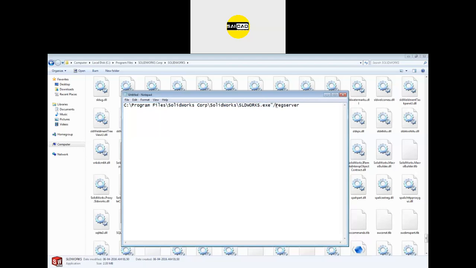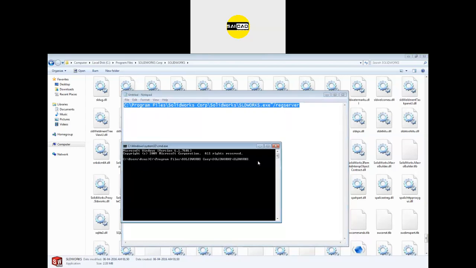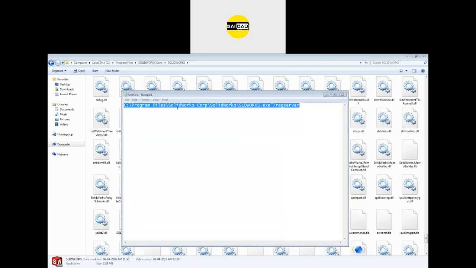Then you have to apply this one and type this regsvr32 register server command. Just type this in the command prompt and press enter, and your toolbox will be enabled. Just simple like that. I will send this command into the group. Just open the command prompt: type cmd on the start, and you will get the command prompt from there.